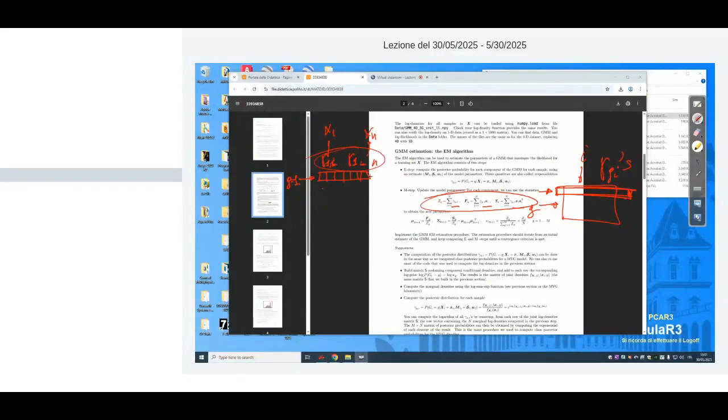So now we use these weights to compute the statistics. The sum of the weights is the zero-order statistic. So the effective number of points associated to the Gaussian, which can be fractional, so I cannot say number of points. It's an effective number. That's why we call it zero-order statistic. It's not exactly a number of points, but it behaves like a number of points. The first-order statistic is the weighted sum, and this second term is the second-order statistic, which is related to the dot product x_i x_i transpose. And from those, I apply this expression to compute mean, covariance, and weight